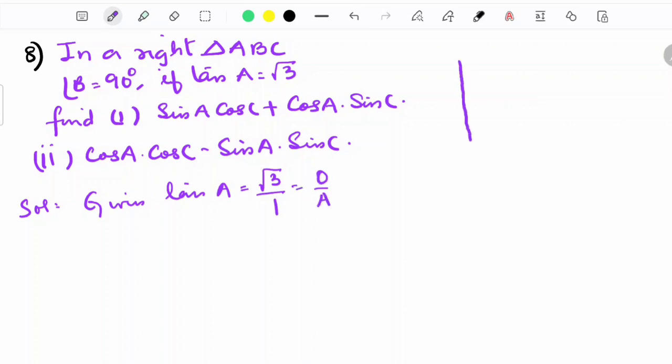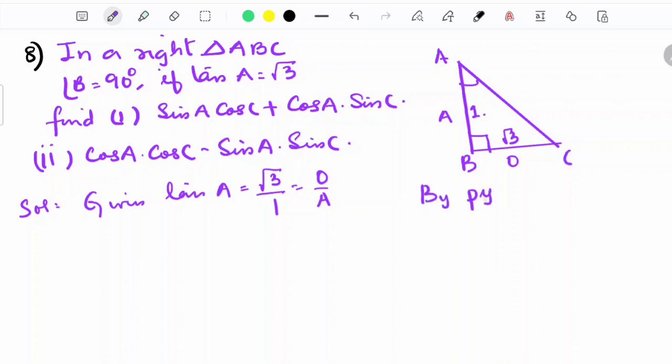Now when I draw the triangle A, B and C, 90 degrees at B. So we are taking tan A, so this is opposite and this is adjacent. So opposite is root 3, adjacent is 1. We have to find out the hypotenuse. So by Pythagoras theorem,